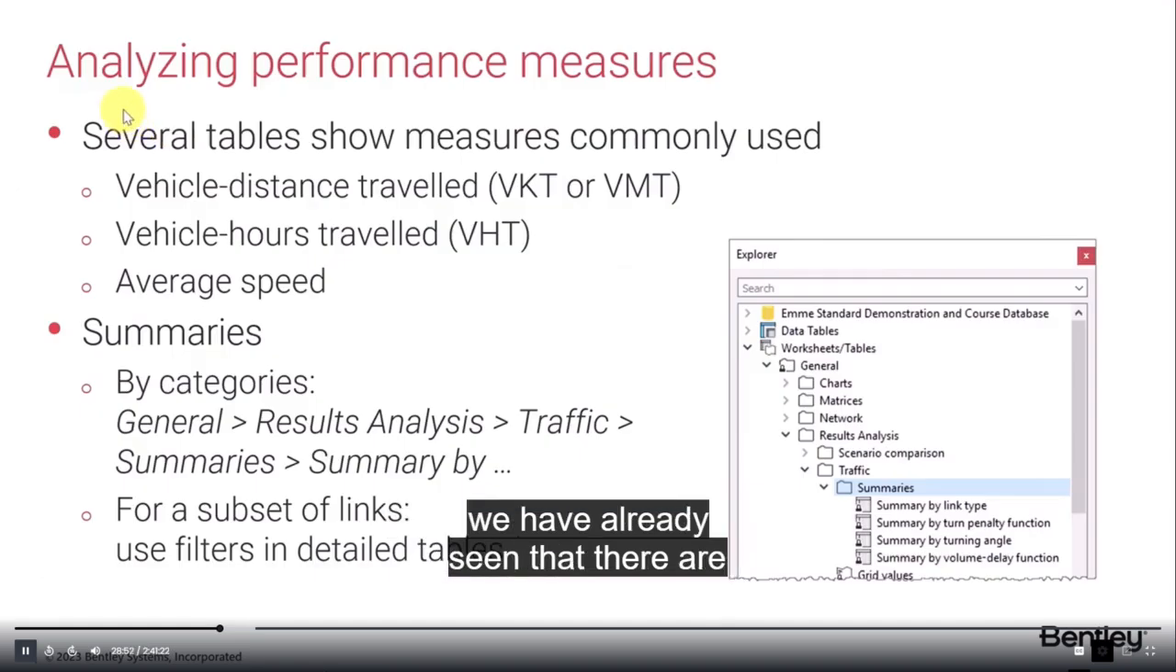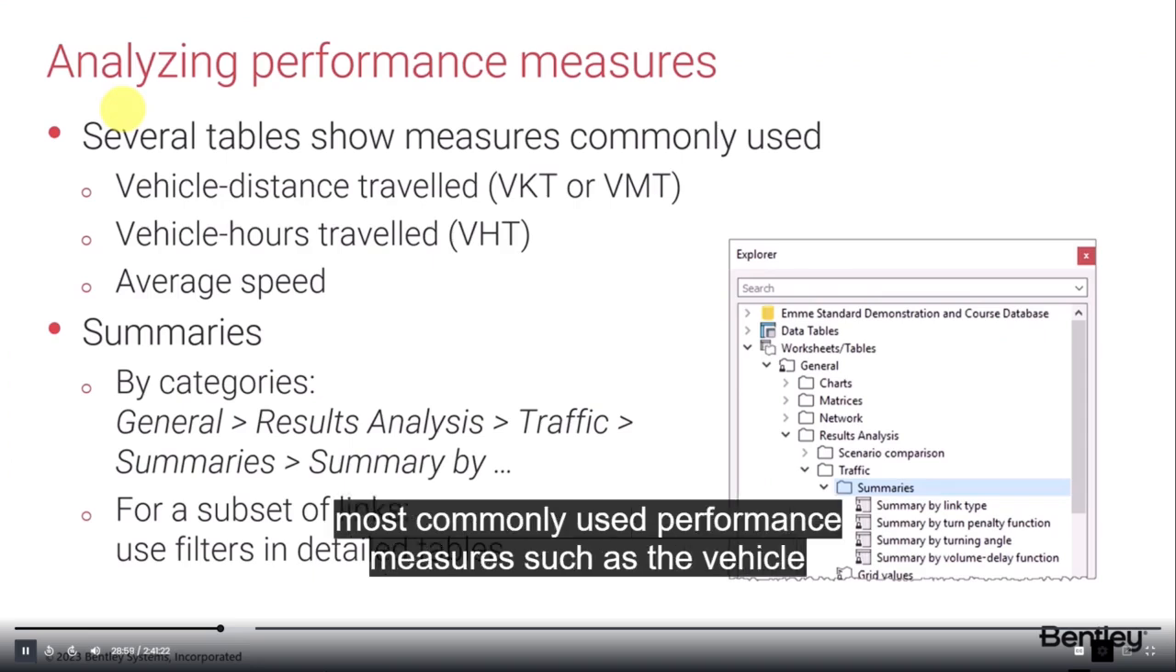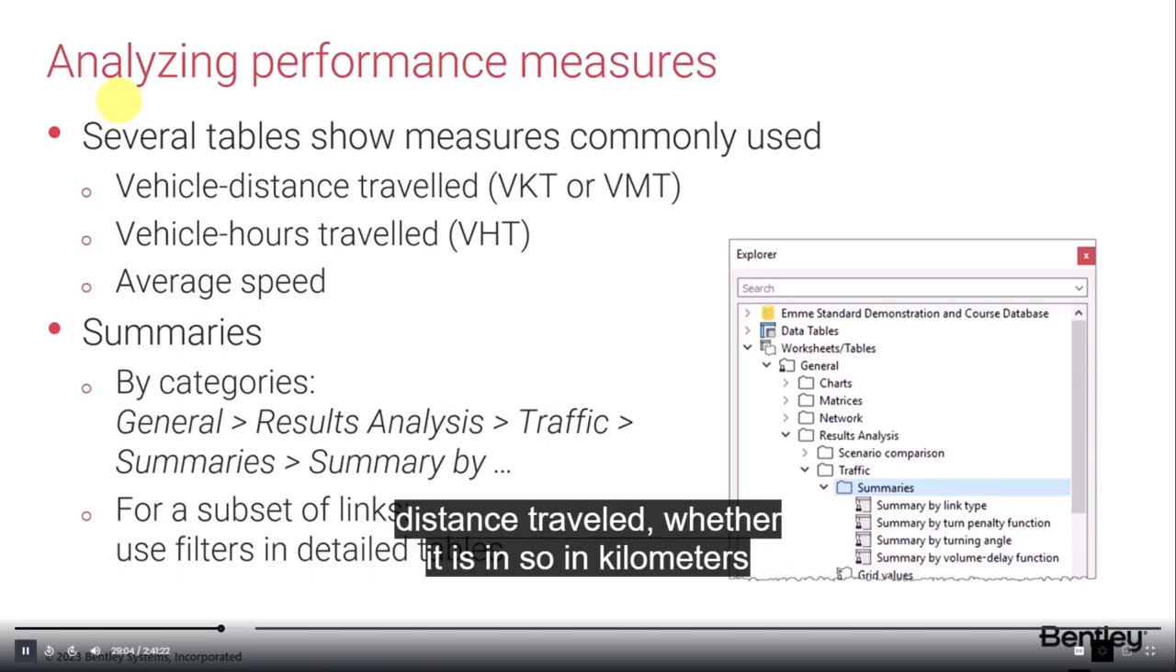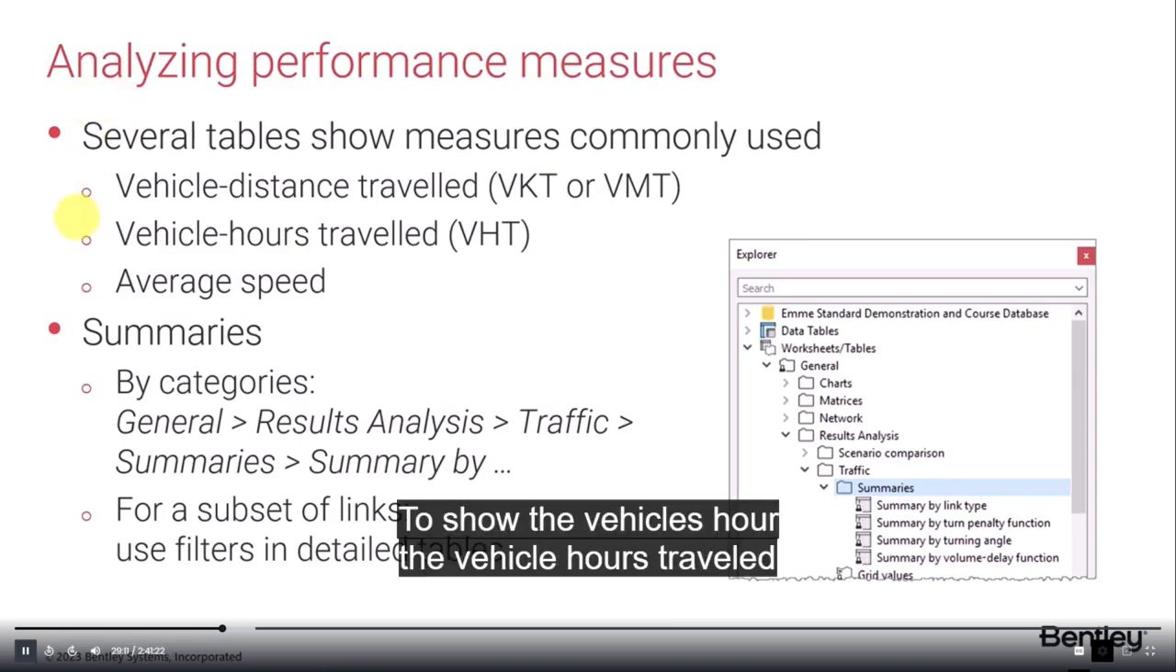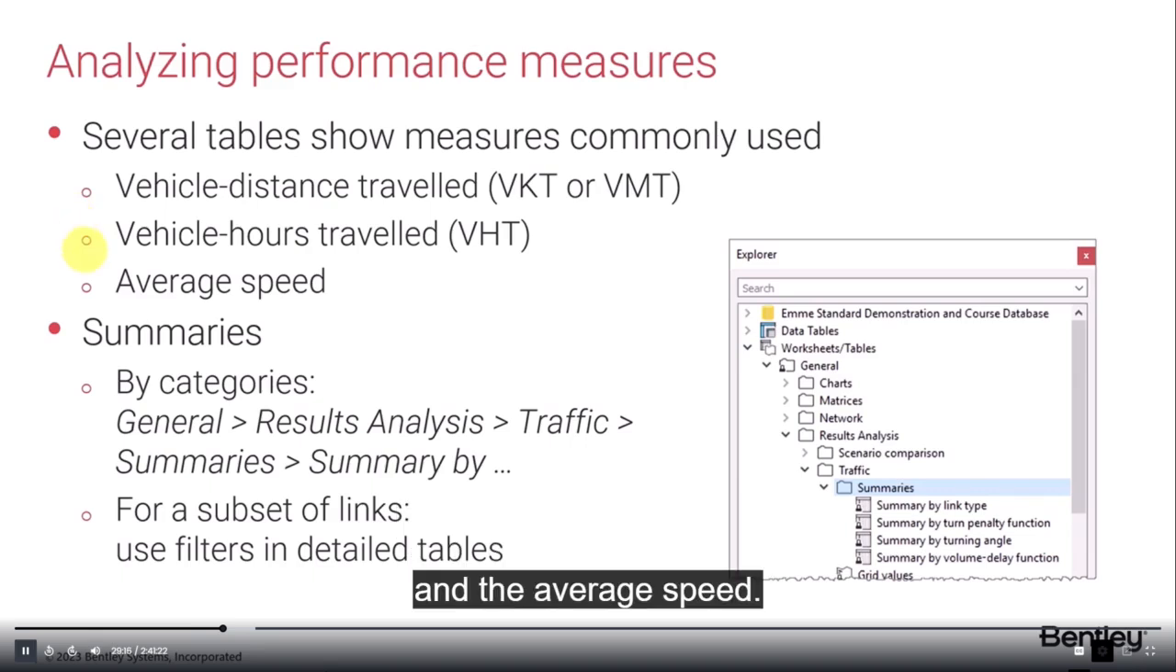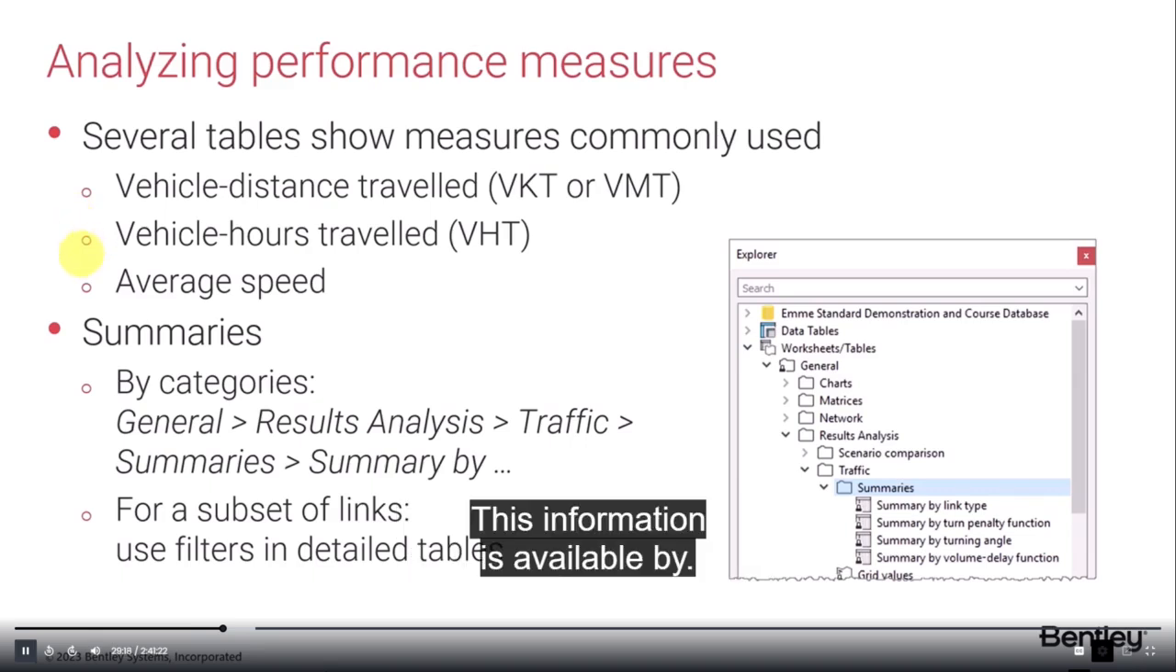We have already seen that there are several tables available to show and analyze most commonly used performance measures, such as the vehicle distance traveled, whether it is in VKT, so in kilometers, or VMT in miles, the vehicle hours traveled, VHT, and the average speed. This information is available as a table for all of the links, or we also have special tables to show